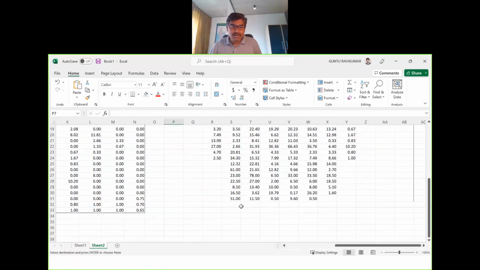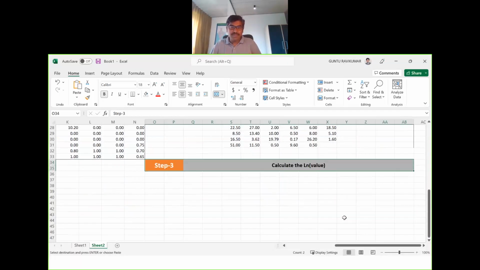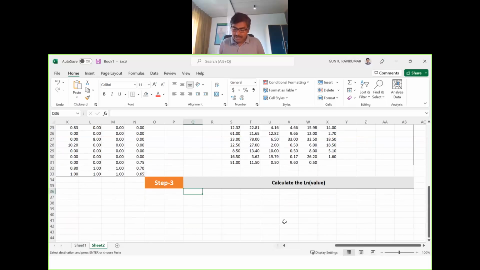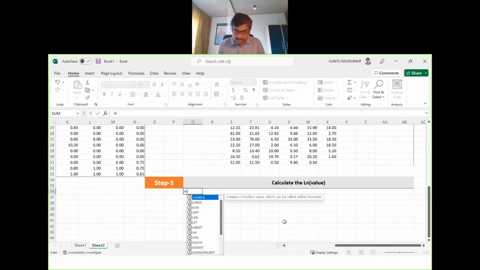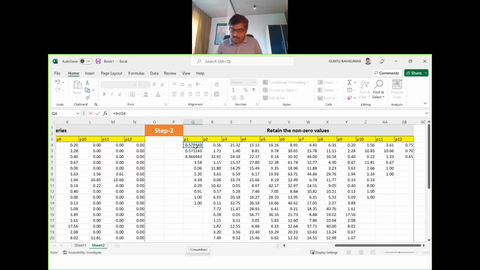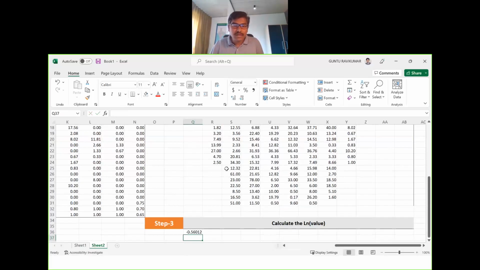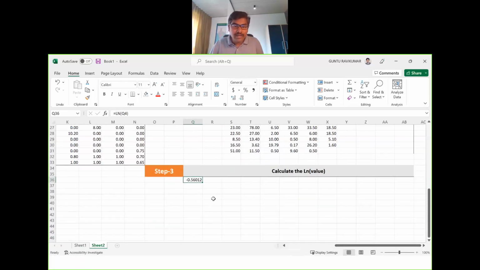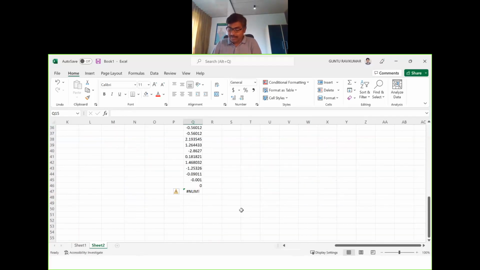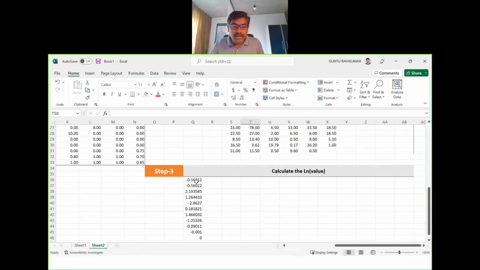Step 3. I'm placing it here. Step 3. Now we need to calculate the natural logarithm. So how to calculate the natural logarithm? Simply, it is equal to ln, open bracket, select the observation and then close it. So you can drag the values. Here you see NUM, which means there's no value here. So delete. And here, if you drag in the right side direction,